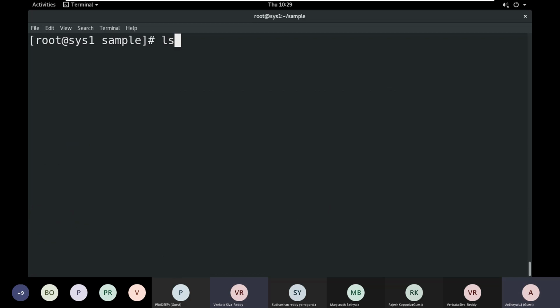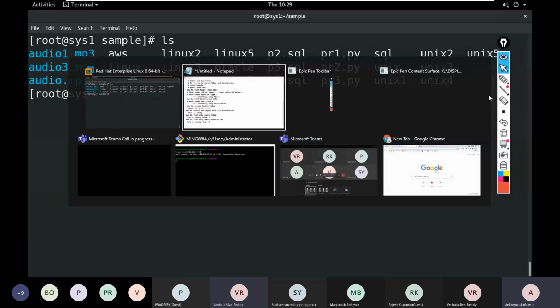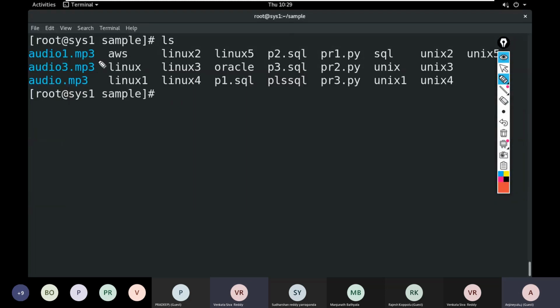If I give the ls command, we can see different types of extensions like .mp3, .py, .sql. Now I would like to find only particular extension files. How can you find them?